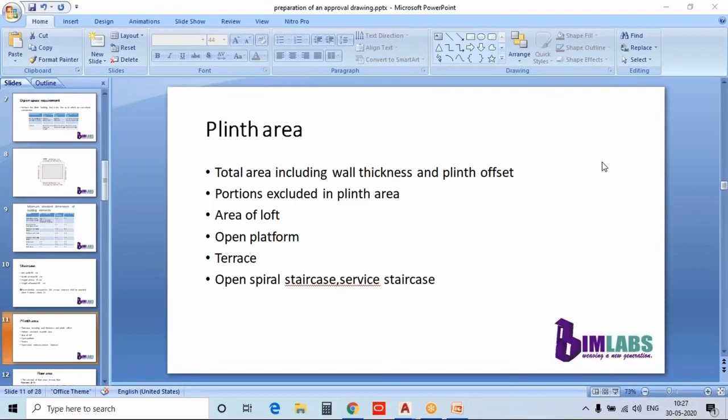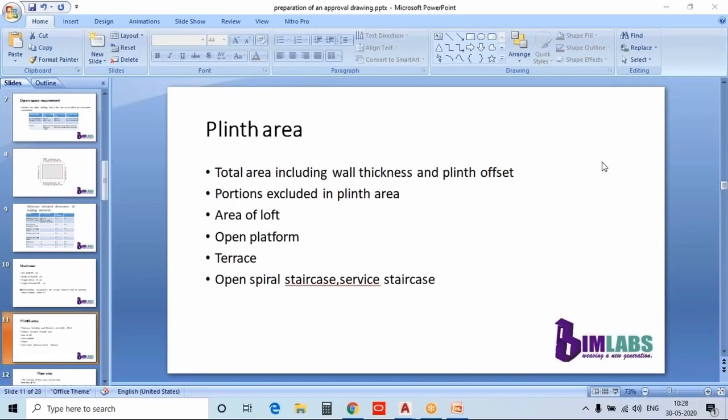That is, you have to include all the floor plans of the buildings on the approval drawing, and they should be fully dimensioned. After that, we have to prepare sectional views by cutting a line through the plan. You have to draw sectional views, and in those sectional views you have to provide hatches indicating certain materials, and then you have to draw a building elevation, the building front elevation.